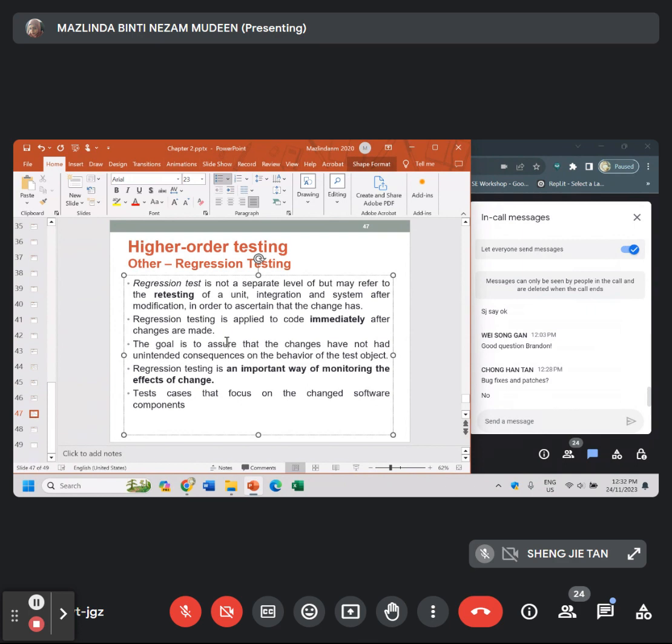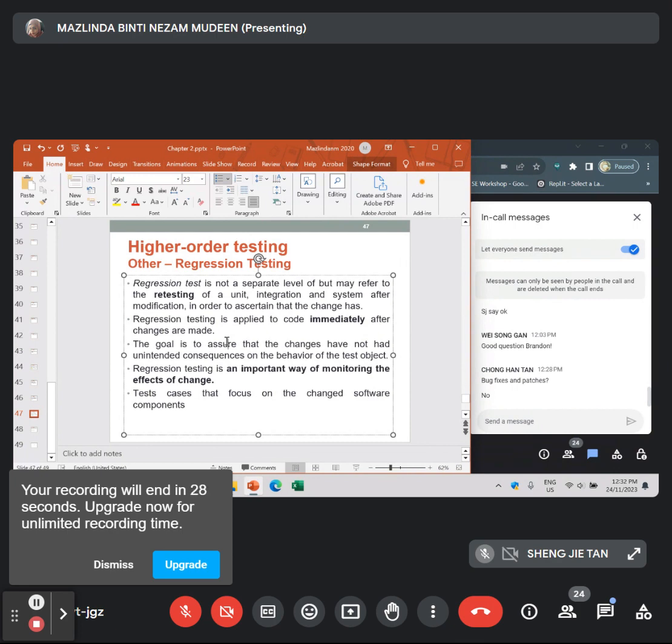So regression testing, something can be in any level, at the unit level, at the module level, integration level, but here we are referring to the system level. So every time when there is changes happen on the system code, the source code, okay, we need to conduct regression. So the reason of why we conduct this regression test is we want to monitor how is the side effect of the change. If the change bring a new defect or not. If the changes happen affect